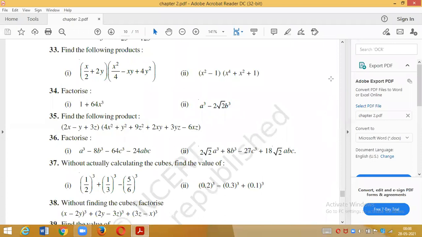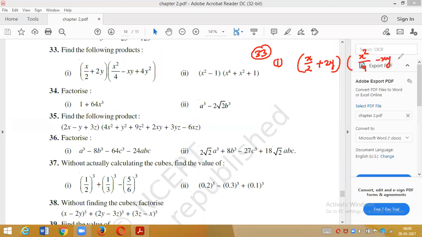Question number 33 now. Question number 33. In that first one, you have been given x by 2 plus 2y in the first bracket, and in the other bracket it is x square by 4 minus xy plus 4y square. If you remember the identity which we have proved in the last exercise of the NCERT textbook, that is